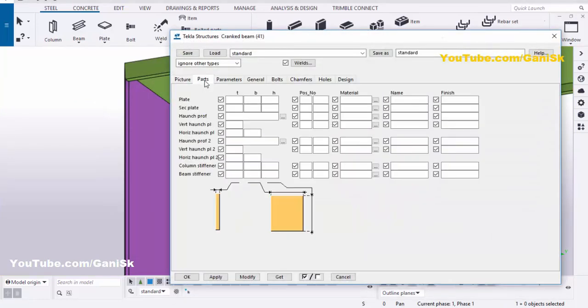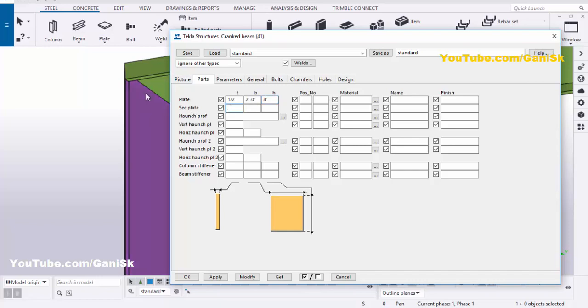click on the parts tab, under plate thickness let's take ½ inch, and length of this connection plate let's take 2 feet and width of this connection plate let's take 8 inch. Similarly we need to take the secondary connection plate.